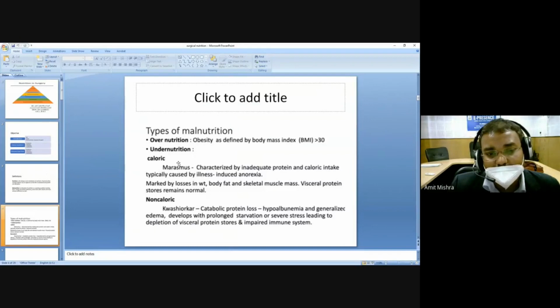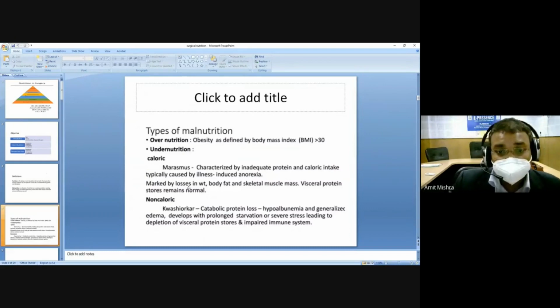So marasmus is one of the clinical conditions associated with caloric undernutrition. I'm again repeating it. Marasmus is characterized by inadequate protein and caloric intake, typically caused by illness-induced anorexia. If a patient is anorexic for a longer period of time and we are not giving sufficient nutritional support in the form of enteral nutrition or parenteral nutrition, the patient will go into this